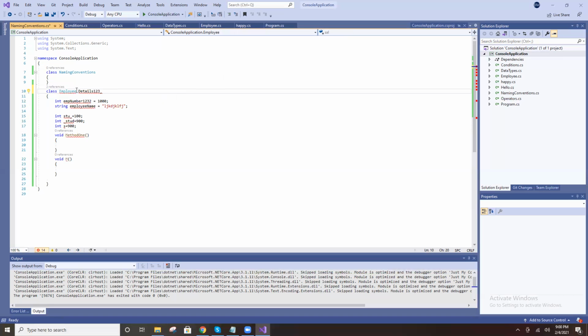A gap or space is also a special character. Space is not possible. There are no gaps between the class name, method name and variable name. Space is not possible.